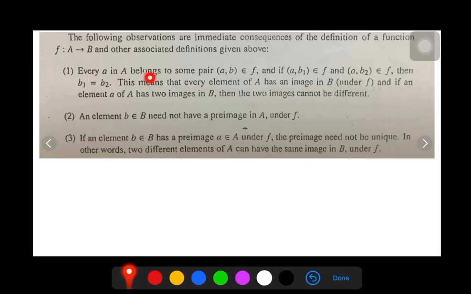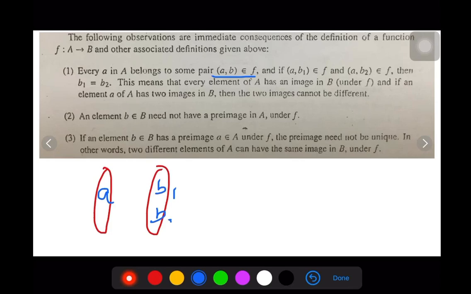One is, for every A in A, some pair (A, B) belongs to F, and if (A, B1) and (A, B2) belong to F, like this in terms of the diagram. A is there. If I put B1 and B2 in B,